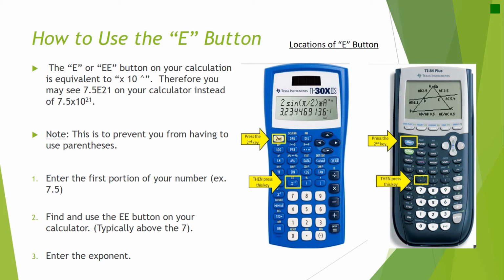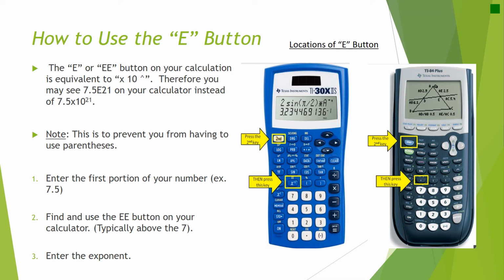Or when you're typing in letters, sometimes this one has a letter. I believe it's here. That is not the same thing, okay? It has to be that EE button, but when you type it, it does come up as E. So what the EE button does is it tells the calculator that you're really dealing with one number. So instead of 3.5 times 10 to the 6th being two separate numbers, 3.5 and then 10 to the 6th, it's telling the calculator, hey, this is actually one number, it's just in scientific